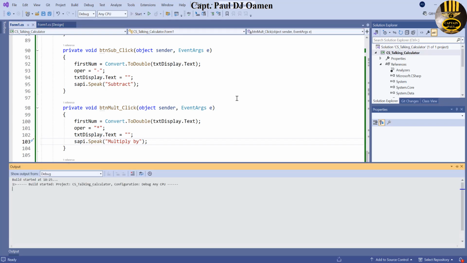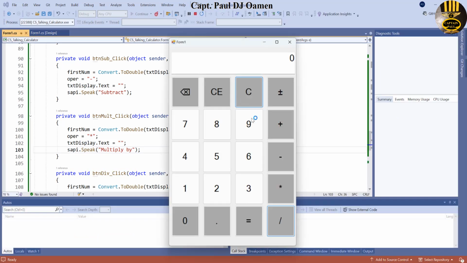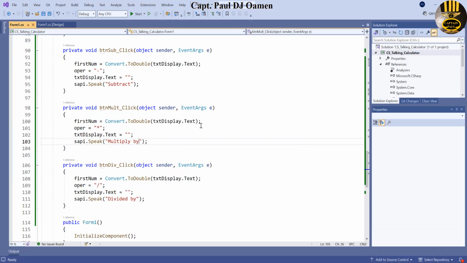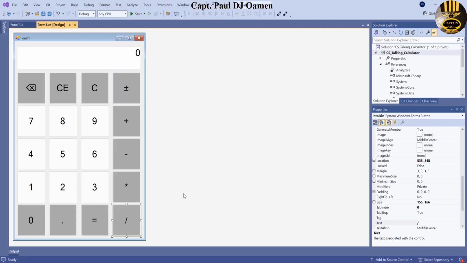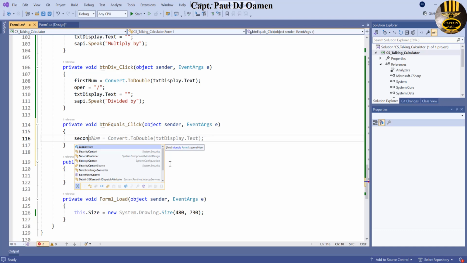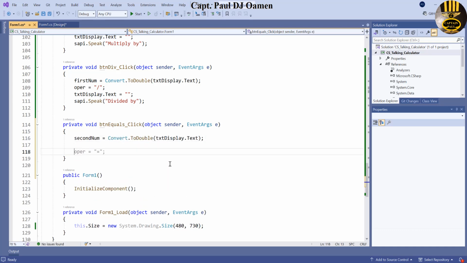All right, so let's try that out. Run. 9. 9. Multiply by 2. Very good. So the equals, that's what's left. So let's come right here, double click on the equal sign. So in the case of equals, say second number contains the following. And if